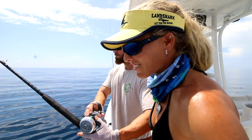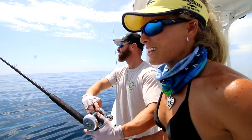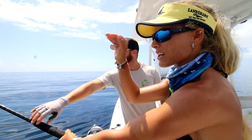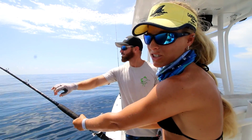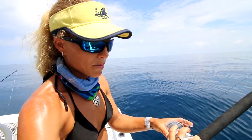Fish took that thing and ran right into a rock this way. That was like instant, just like that. Definitely a grouper, hopefully a monster grouper, but the rod started to bend, I started reeling, it was too late, he was already in his hole. So, that's grouper fishing. So Captain Justin just said to go ahead and back off the drag, because when you're